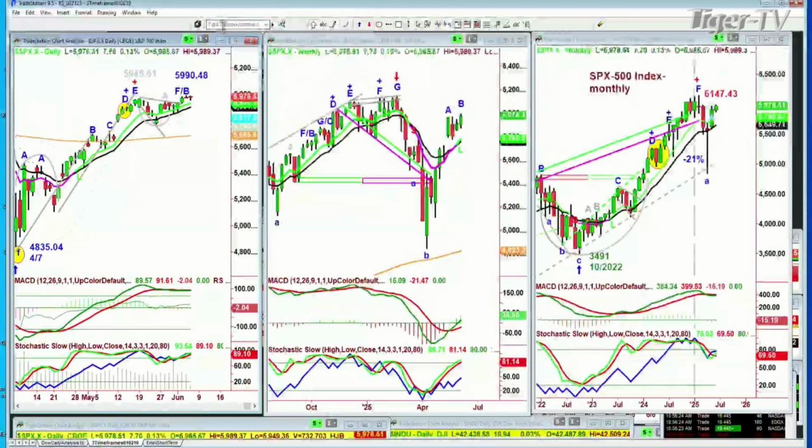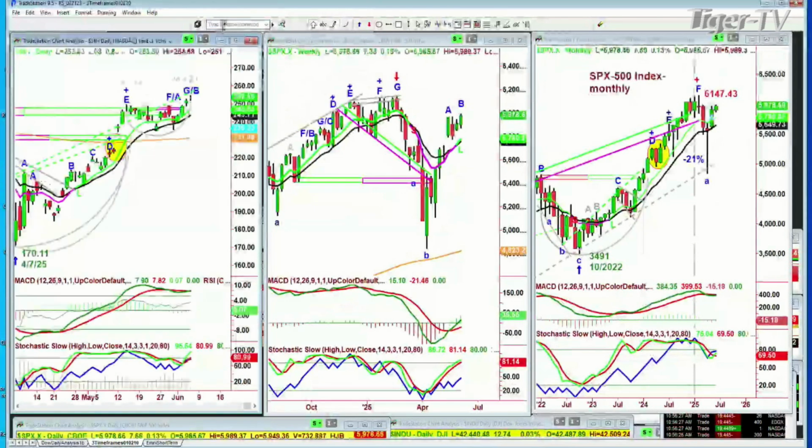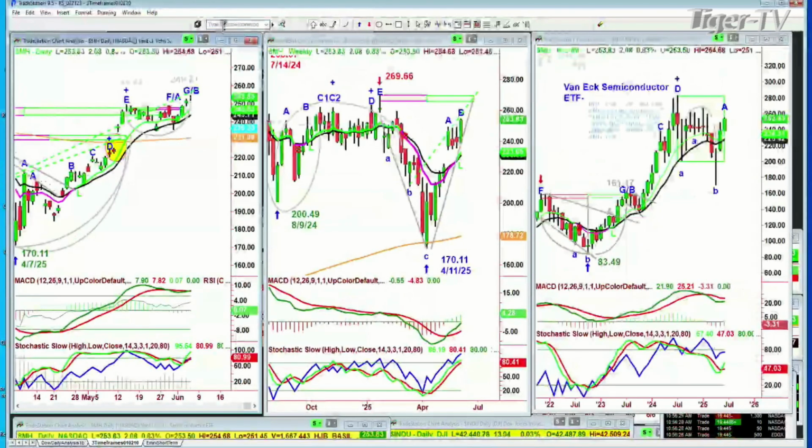I'm looking at this, and the SMHs are telling me that buying is coming. And look, the SMH is up too. We actually